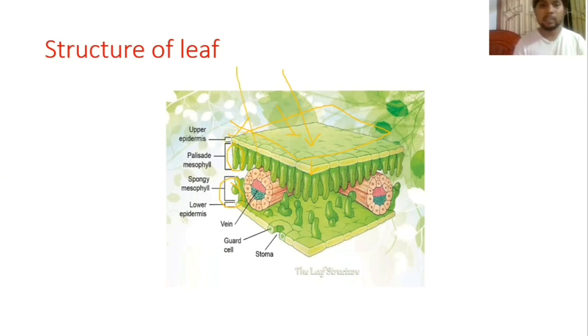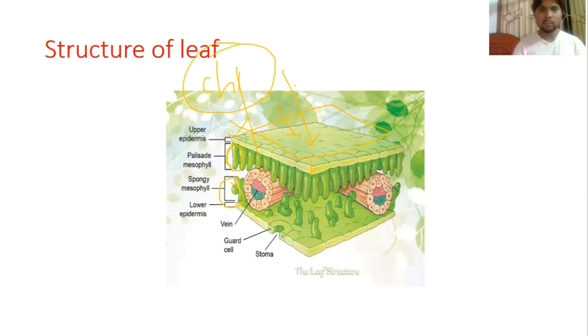these palisade mesophyll cells contain a higher concentration of chloroplast. You know about plastids, right? We have amyloplast, leucoplast, and chloroplast. Different plastids have different functions. Chloroplast has the photosynthesis purpose, while leucoplast is present in the root system. We will discuss chloroplast later. Palisade mesophyll cells contain a higher amount of chloroplast, and chloroplast contains the photoreceptor chlorophyll. What is a photoreceptor? The term suggests that it can receive or catch the light.